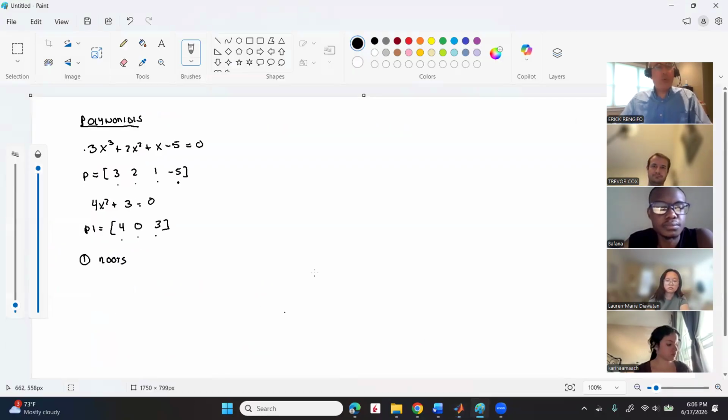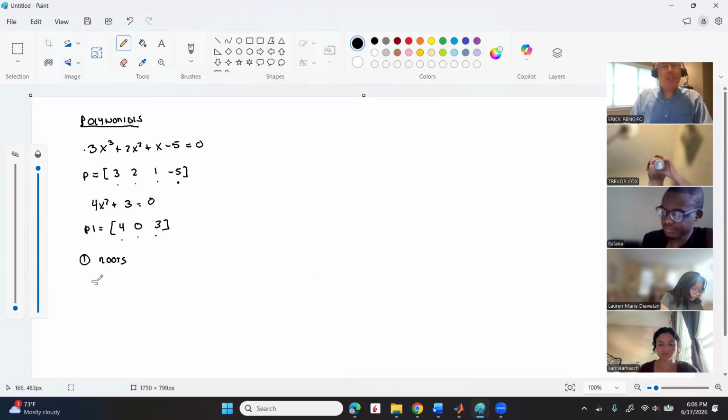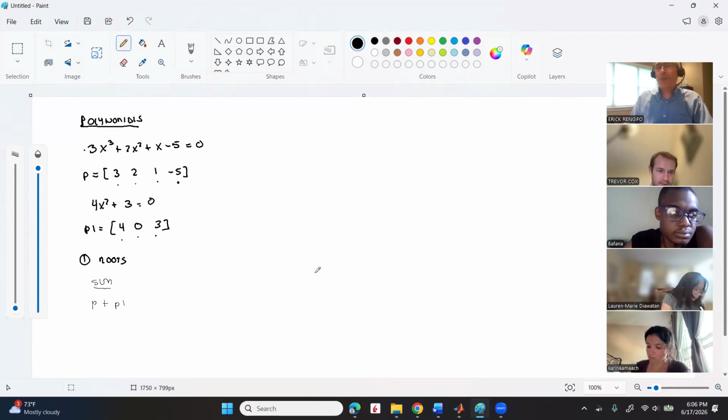Now, of course, what we need to do is we can sum. Where's my mouse? So if I want to sum two polynomials, guys, how do I do that? Can I sum 3x squared plus 2x squared plus x minus 5? Can I sum p plus p1? Can I do that? Yes, you can. Yeah, I can, but I need to do something. Because remember, how do you sum these two guys? If you do this by hand, the rule is going to be,